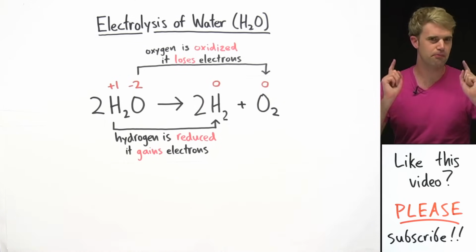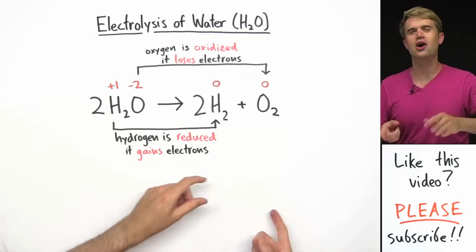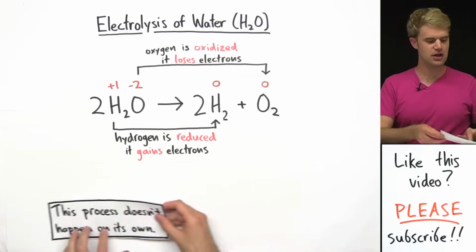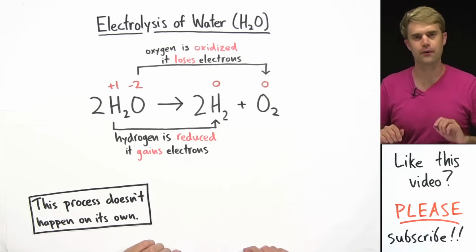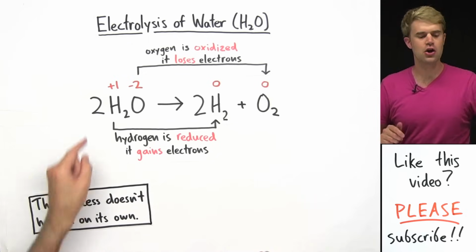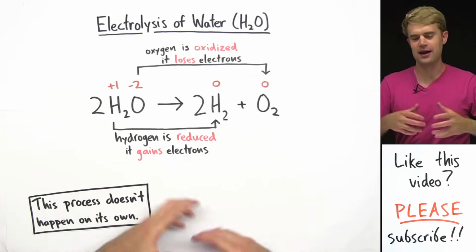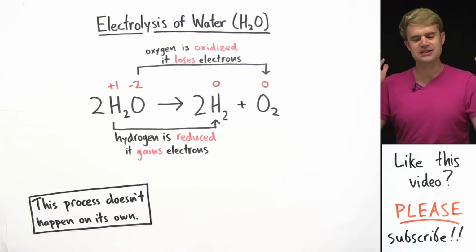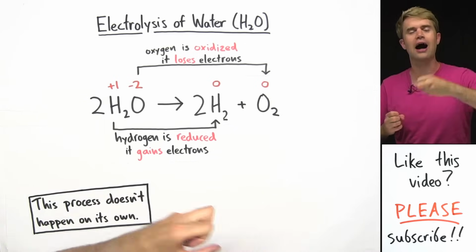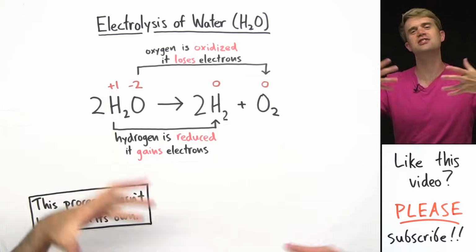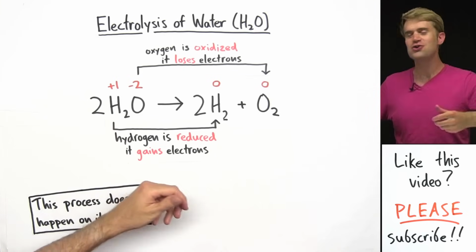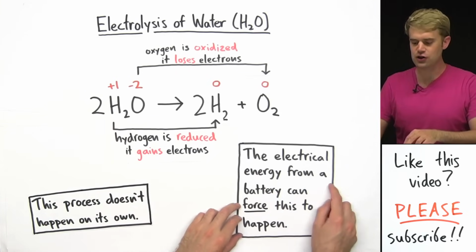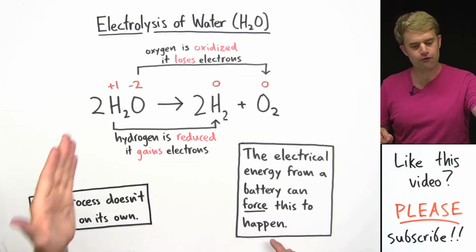This process is important because just like we saw in the previous example with sodium chloride, this process doesn't happen on its own. It's not spontaneous. You can have water in a glass for hundreds of years if it doesn't evaporate, and it's not going to turn into hydrogen gas and oxygen gas. It's just not going to do that on its own. So just like the previous example, we're going to have to use the electrical energy from a battery to force